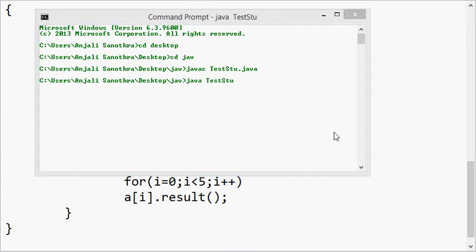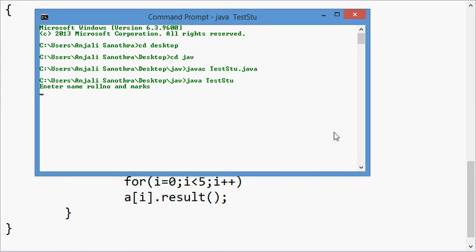Java test2. So it will ask for the name, roll number. So name, say I give Ankita, roll number 90, marks 78, then I give the name